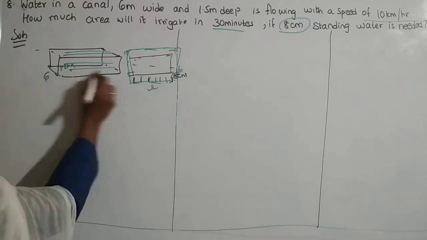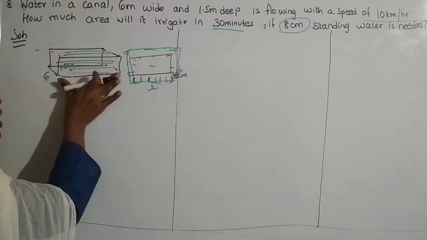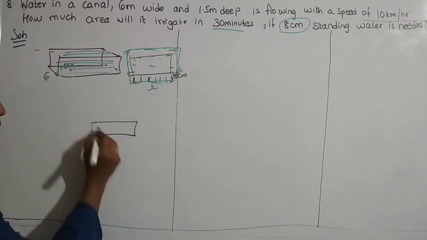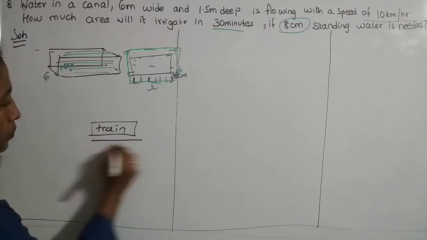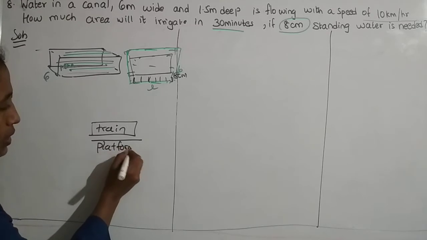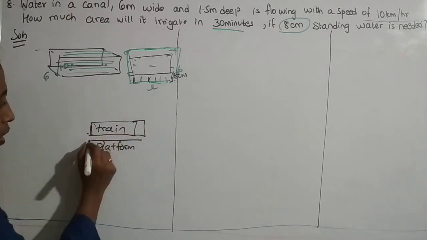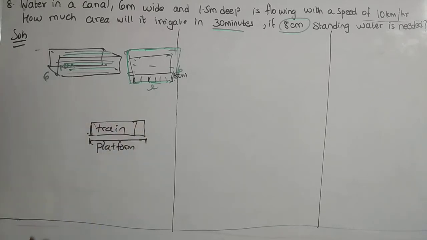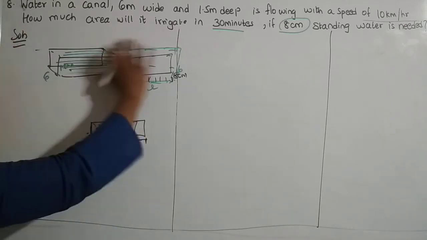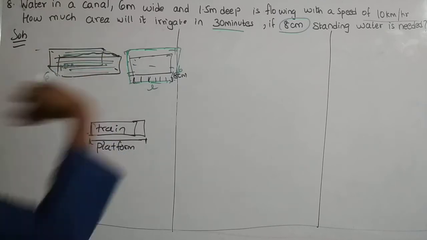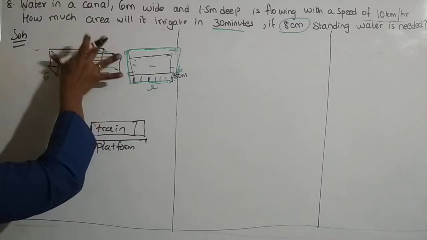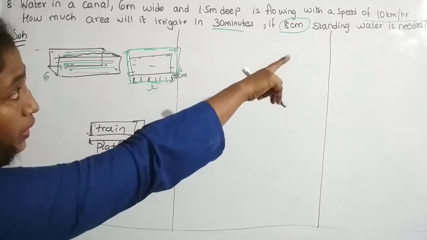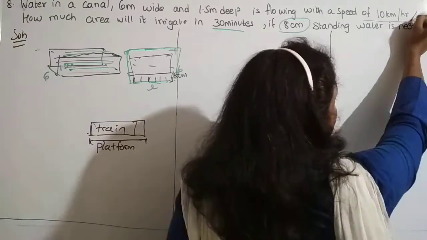Now the length of flow of water is nothing but, students, the length of the cuboid, which is given indirectly. For example, suppose I say that a train is there. Imagine this is a train standing on the platform, and the train is covering the entire platform. So whatever is the length of the platform, the same will be the length of the train. In the same way, we will assume that whatever is the length of the flow of water, the length of the cuboid, which is not given, is one and the same. So here we have to find out what the flow of water is in 1 hour.